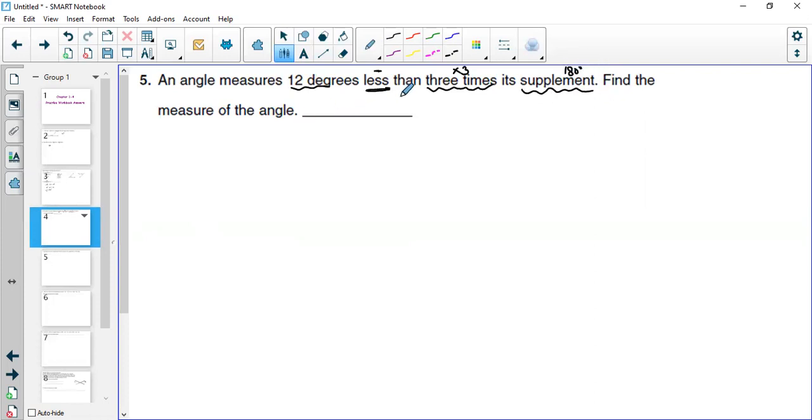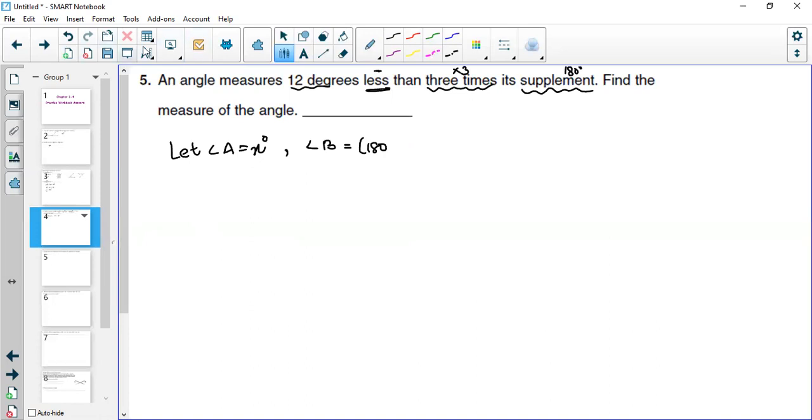Find the measure of the angle. So this is how you need to decode. You have to translate a mathematical sentence into numbers this way. So how do we start? We always start by saying let angle A equal x degrees, right? So if angle A is equal to x degrees, so angle B is going to be